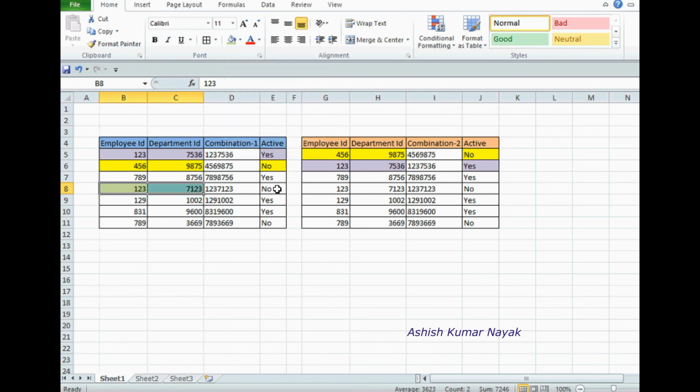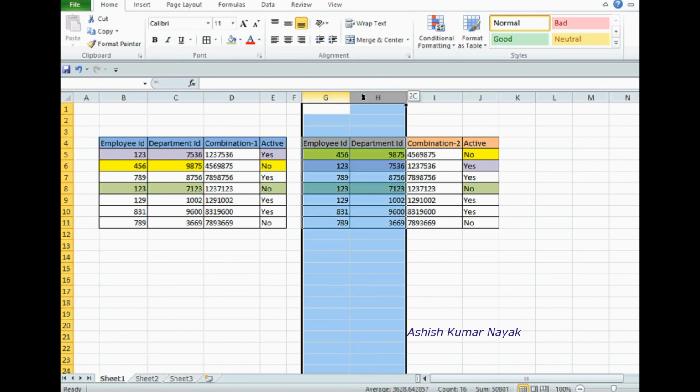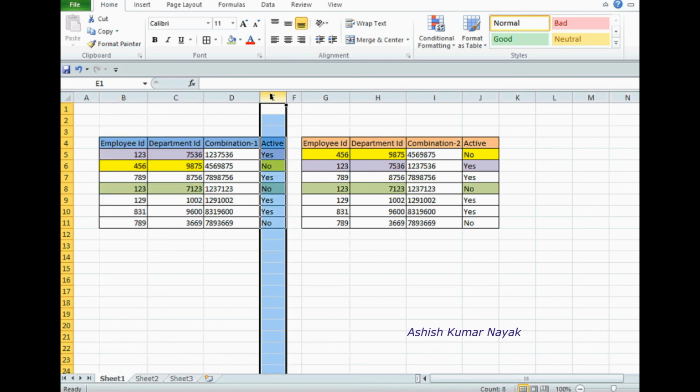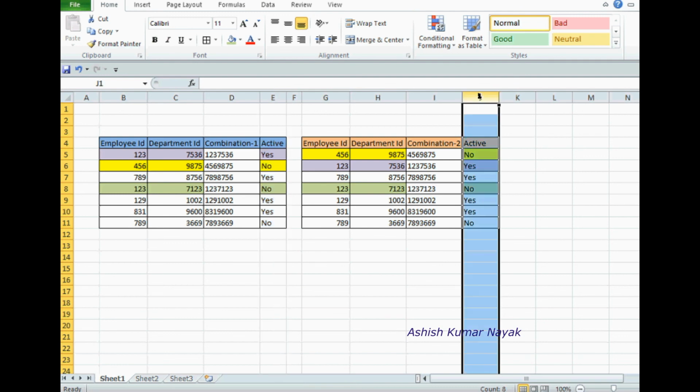Okay, and it is inactive for the department. The value is no. Here 123 in the second table, 123 7123, the value is no. So in this way we are comparing the employee ID and department ID of the second table with the employee ID and department ID of the first table and getting the values of the active column here in the second table.